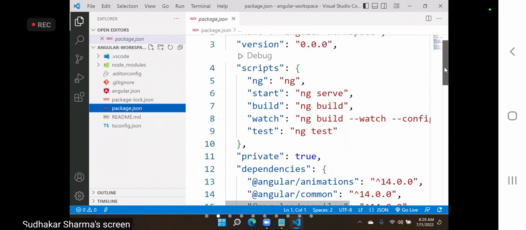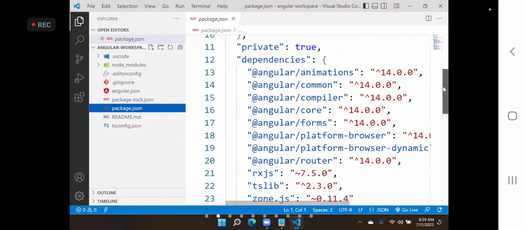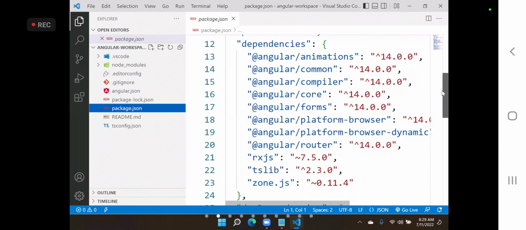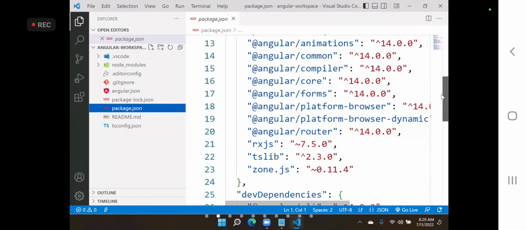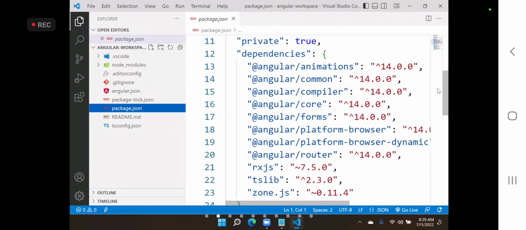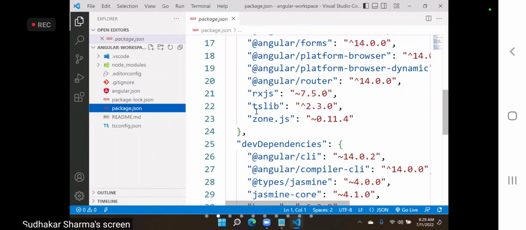As of now, you can see these are the libraries and their versions: Angular animations, Angular compiler, Angular core, forms. These are some libraries which are already installed. Then you have platform versions, RxJS, TSLib, so many dependencies are there.